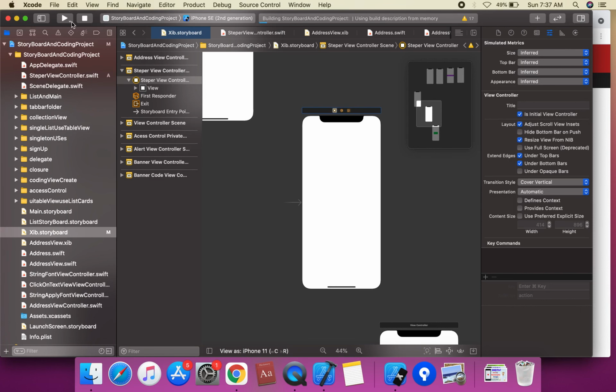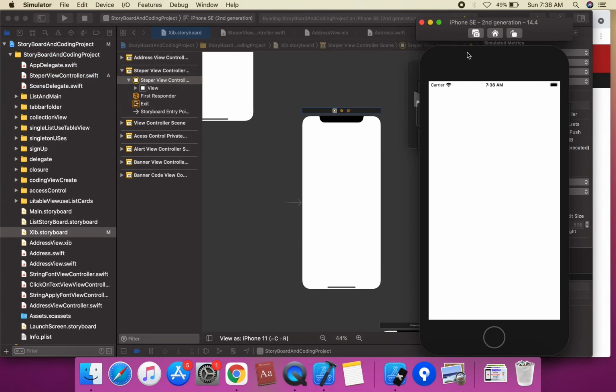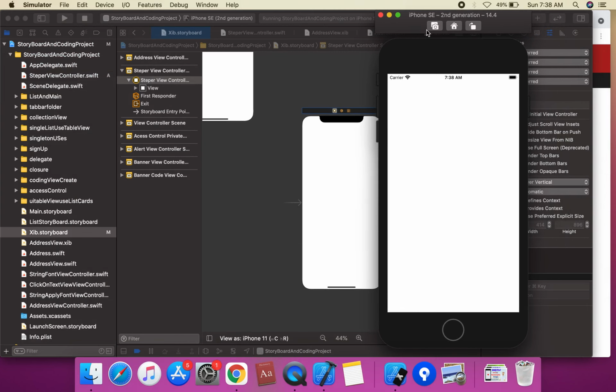We're going to run this project. This is a stepper. The stepper has a plus and a minus. The stepper values go 1, 2, 3, 4.